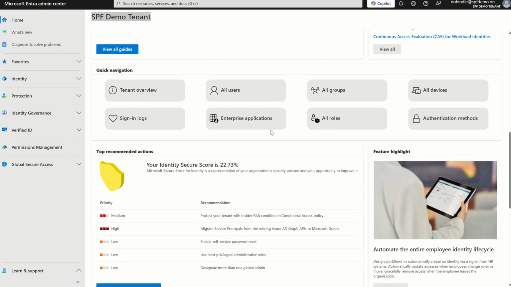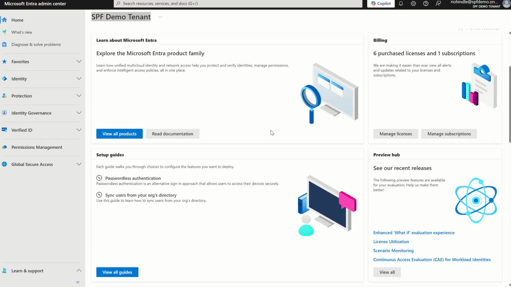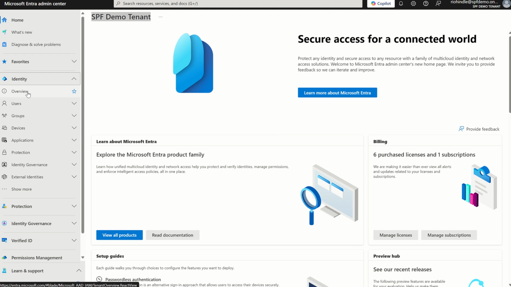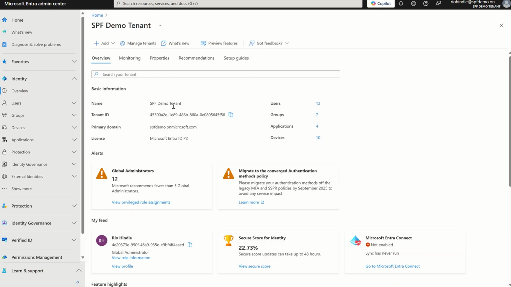So the dashboard is your single pane of glass for navigating, with health and security advice around your given organization. So if we click Identity on the left-hand side and click Overview, this will take us to an overview pane